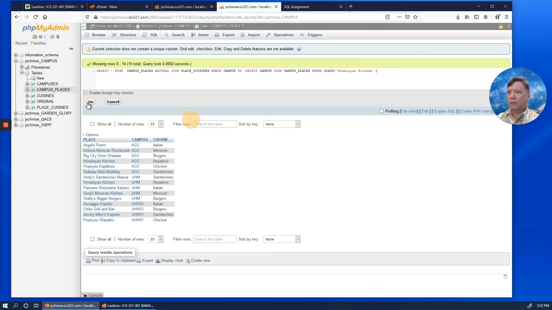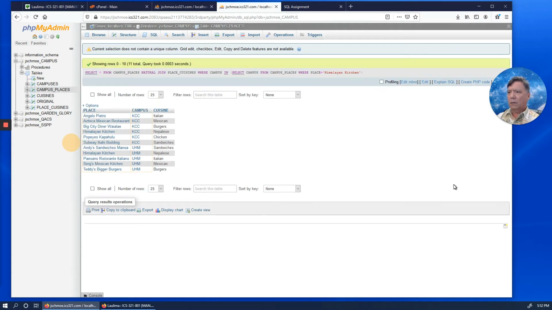So let's see what this looks like. Okay, so these are all the places on campuses that have Himalayan Kitchen as a favored place.